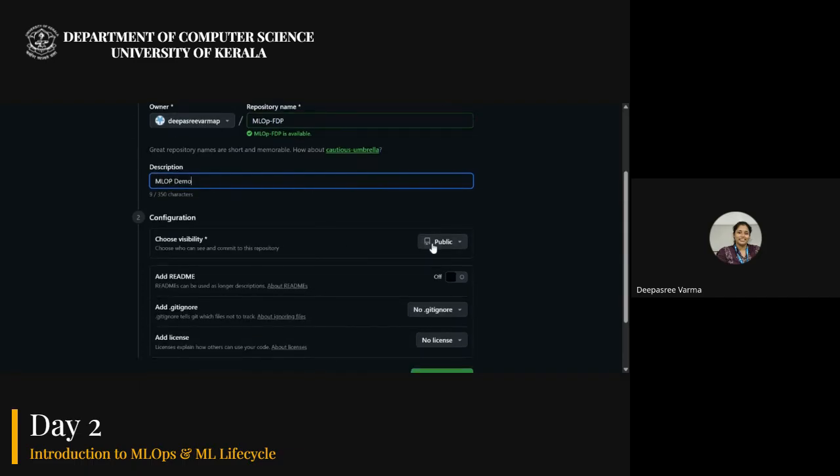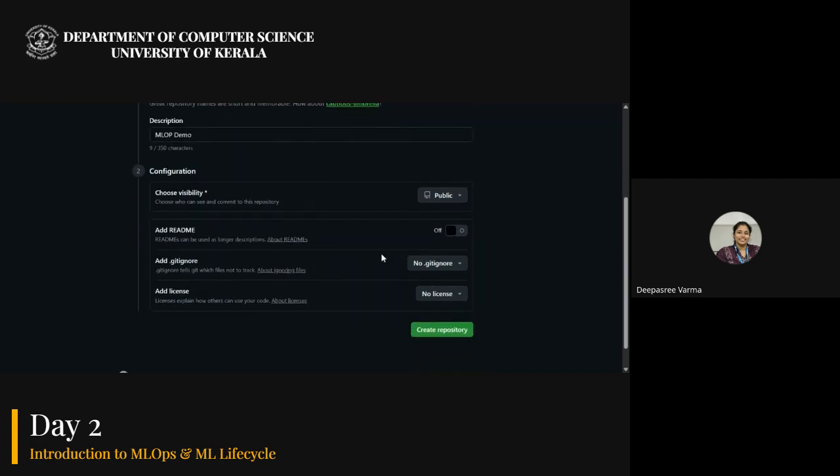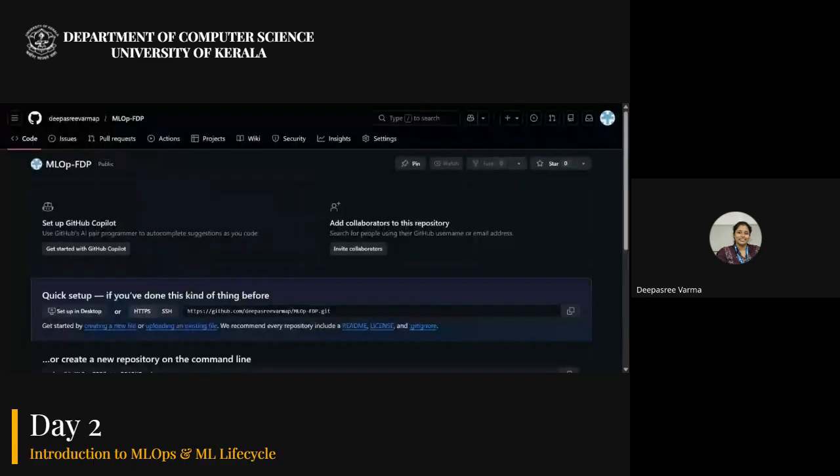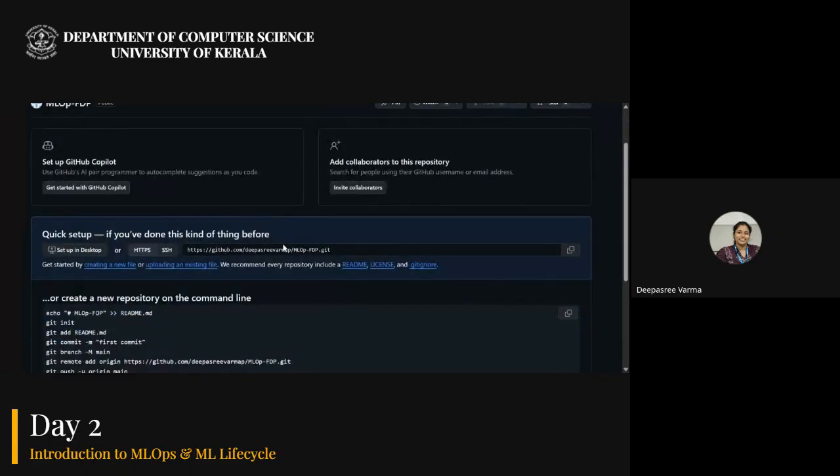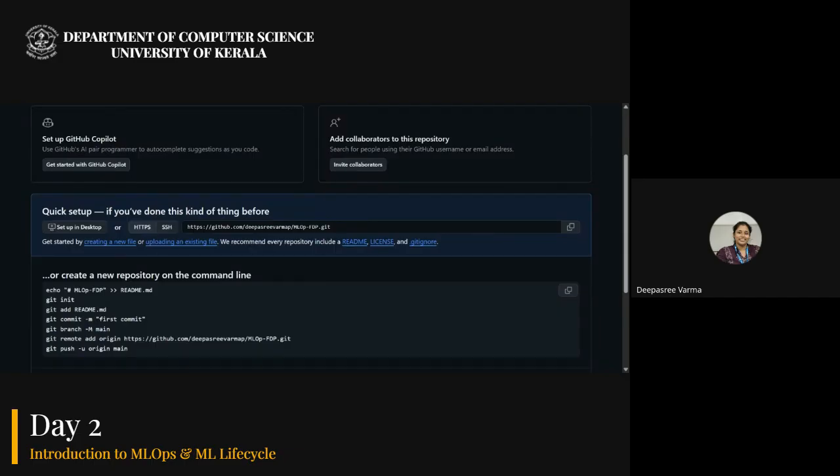Then I choose the visibility, whether it is public or private. I'm choosing public, so that anybody with the link can see what is inside my repository. If you want, you can add a README file, license, etc. Here I'm not creating any of those. I'm just creating the repository. Okay, so this is the repository that I created.